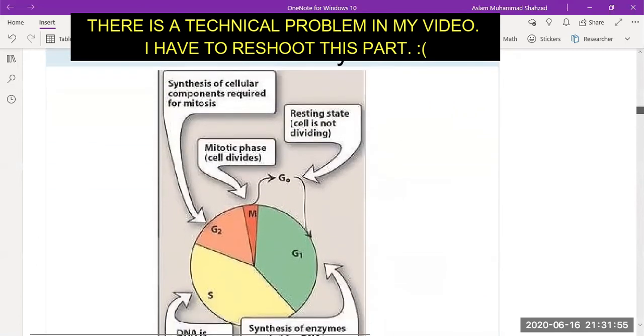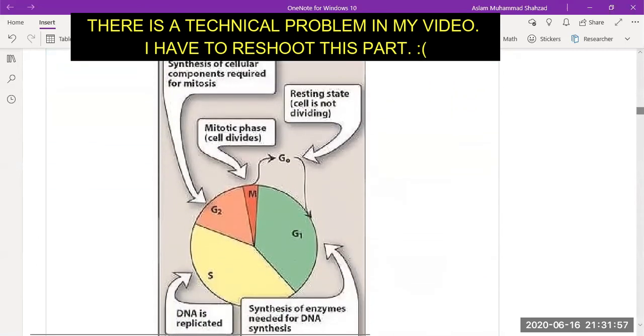And this is another figure of the phases of cell division. The G0 phase is the resting phase. The G1 phase is a phase where synthesis of enzymes needed for DNA synthesis occurs. It is an initiation process actually. In the S phase DNA will be replicated, whereas in the G2 phase the cell is prepared for mitosis, and then mitosis will occur. So that's the process that a normal cell cycle has.